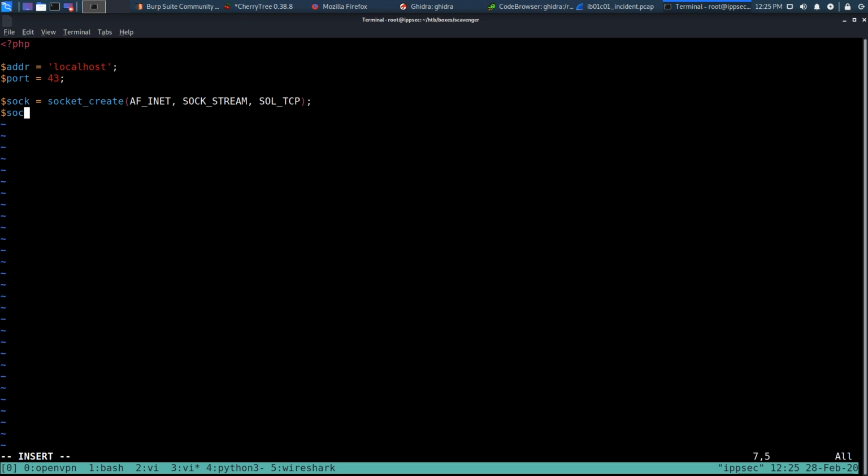Okay. Sock connect is equal to sock connect, socket, address, and port. Okay. Then we can do request is equal to URL decode. And we want to put